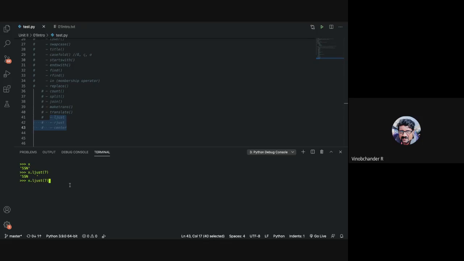Now if you do a right justification, you can see the spaces. Now if I do a center, before that, let me come here. You can see the spaces here. So this method optionally also accepts another parameter that you can specify just in case you want to fill the empty spaces with some kind of character. Say for example, let me fill this with asterisks. So totally 3, 4, 5, 6, 7. Similarly, rjust.